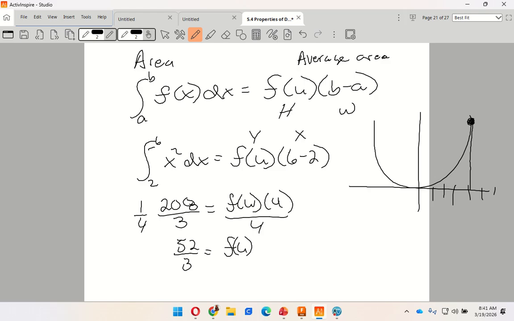So 2 is here, 6 is way up here. And so along this, wherever that goes, there is going to be some value, this is my y value, right? And if I were to block this off from 2 to 6,